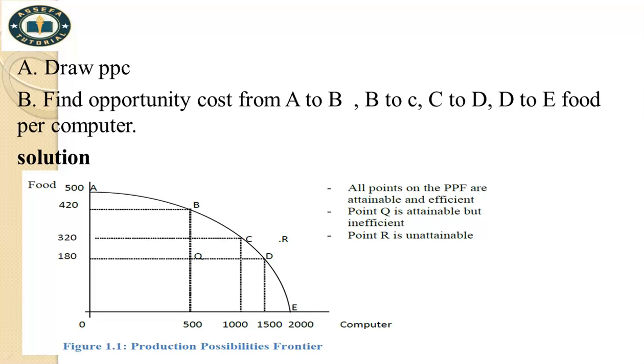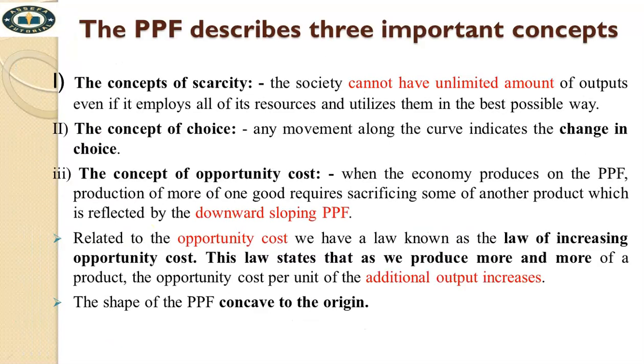Then we are required to draw PPC curve ይለናል። Find opportunity cost from A to B, B to C, C to D, D to E ይለናል። So how to draw product possibility curve? የትኛው ፕሮዳክት ኤክስ አክሲስ ላይ የትኛው ፕሮዳክት ዋይ አክሲስ ላይ እንደምናደርግ ፉድ ፐር ኮምፒውተር የሚለው ይነግረናል ማለት ነው። ፉድ ፐር ኮምፒውተር ማለት ፉድን ዋይ አክሲስ ላይ ኮምፒውተር ደግሞ ኤክስ አክሲስ ላይ እንድናደርግ ይነግረናል። ኮምፒውተር ፐር ፉድ ቢሆን ኮምፒውተር ዋይ ላይ ፉድን ኤክስ ላይ እናደርገው ነበር። ፕሮዳክት ፖሲቢሊቲ ካርቭ ድሮው ለማድረግ ፉድን ዋይ አክሲስ ላይ ኮምፒውተርን ኤክስ አክሲስ ላይ እናስቀምጠዋለን ማለት ነው።